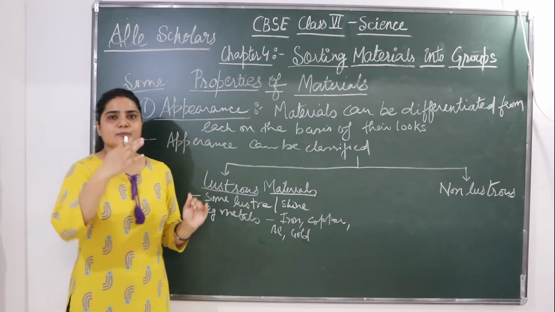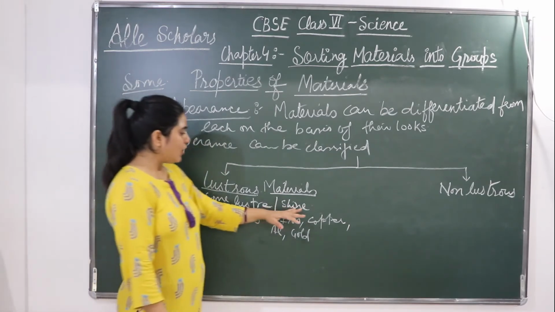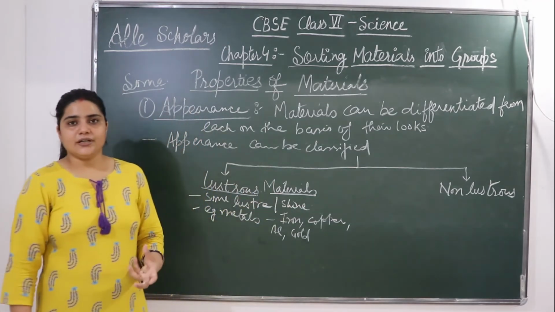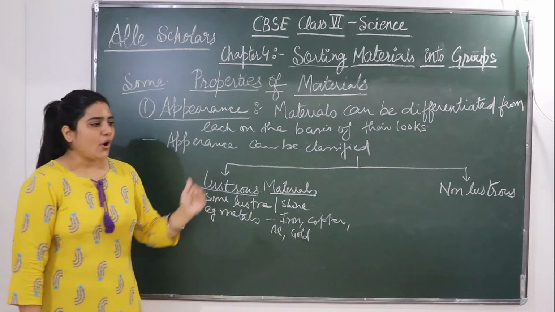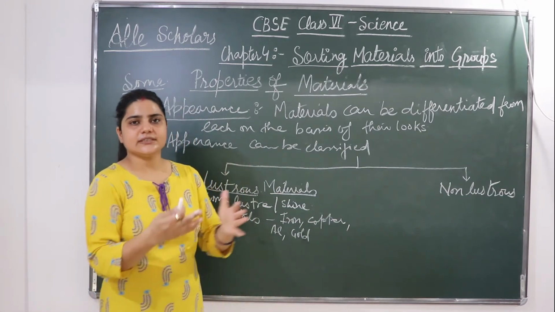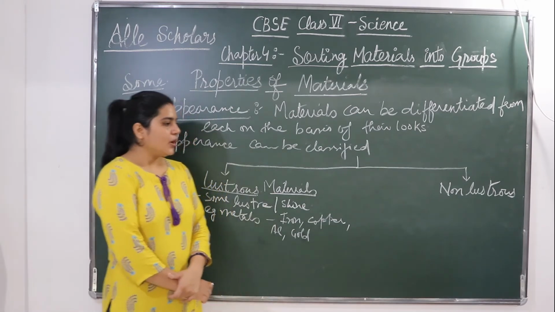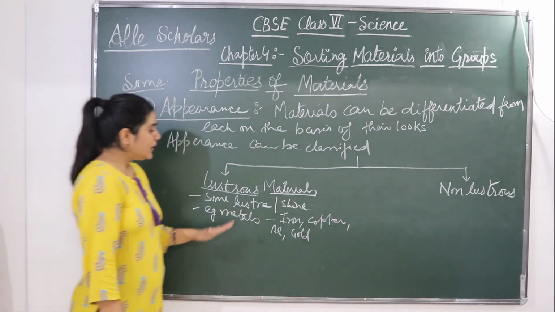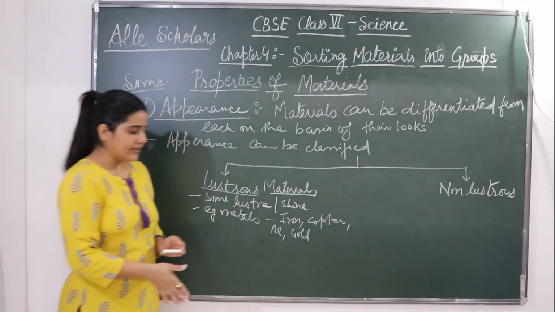It is a lustrous metal, but with time it has become dull or has lost its shiny property because of the action of air or some moisture on it. It has reacted with oxygen and gone through the process of rusting. So you will not categorize them differently in that case.